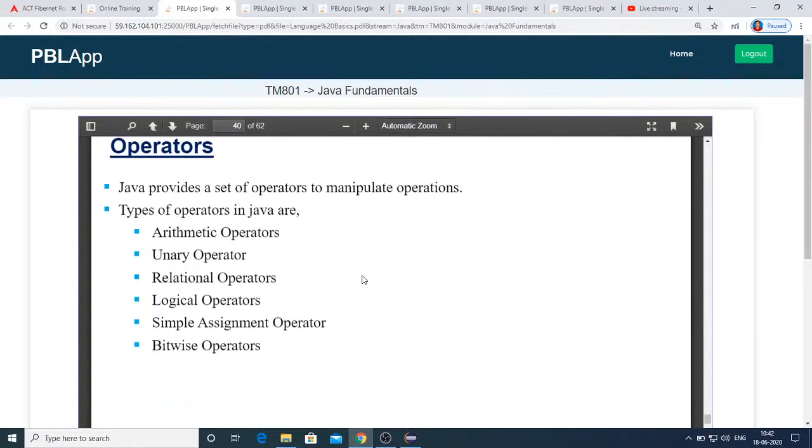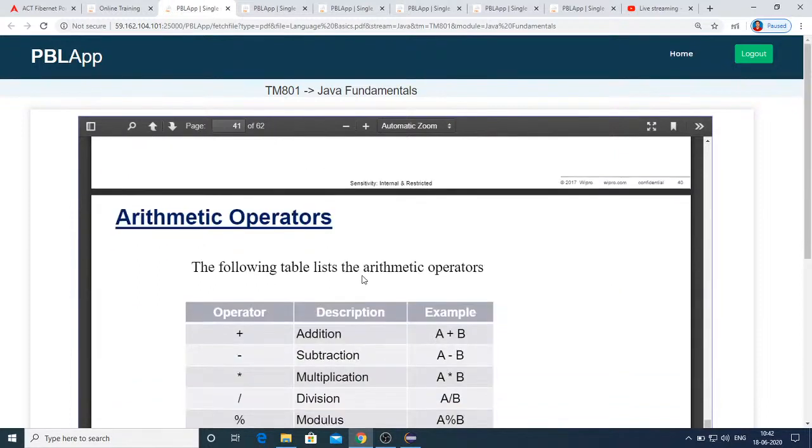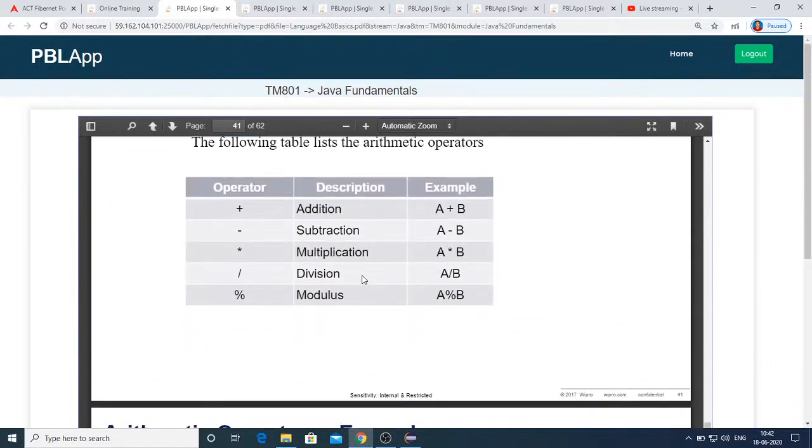Next, coming to the operators. Here we have 6 types of operators, and one operator which is not specified there is the ternary operator. Arithmetic operators, as you all know: addition, subtraction, multiplication, division, and the modulus operation, which gives you the remainder.